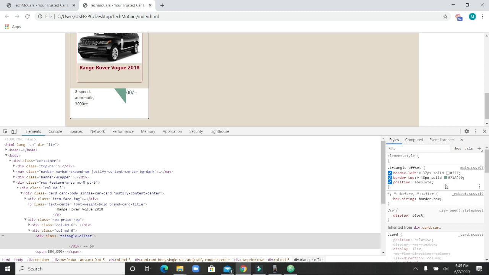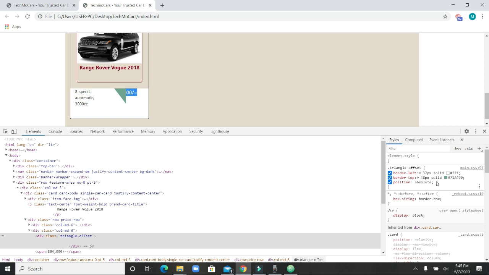Don't worry about the way it looks, but now what we've done is that it's no longer relative to, this is no longer relative to that. So I'm going to explain that. I'm going to show you now what I was doing. Now I've created this triangle, and then the next thing I want to do is